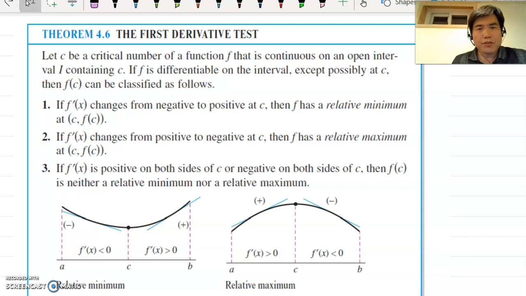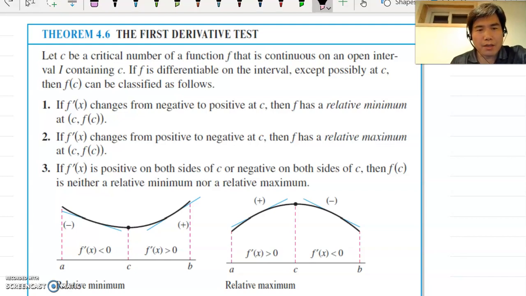So the first derivative test. Let's look at this theorem first. Let c be a critical number of a function f that is continuous on an open interval I containing c. If f is differentiable on the interval except possibly at c, then f(c) can be classified as follows. Number 1,